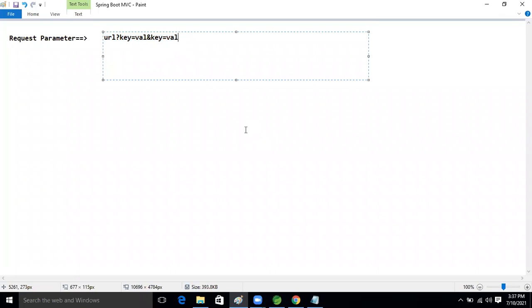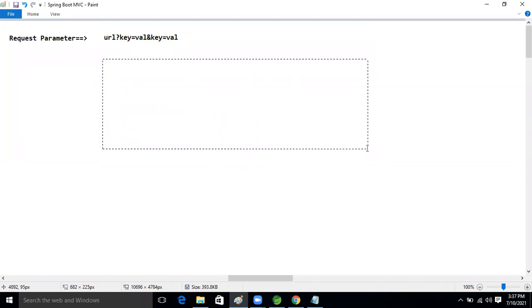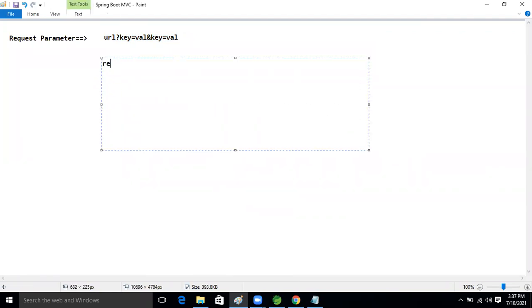Just think about that. In the servlet, how are we reading the input now, guys? Like request dot get parameter.